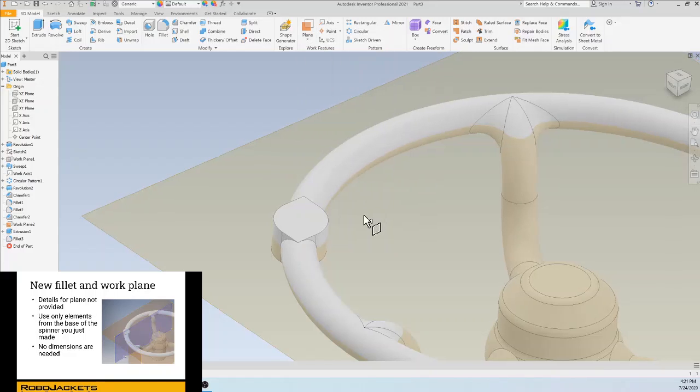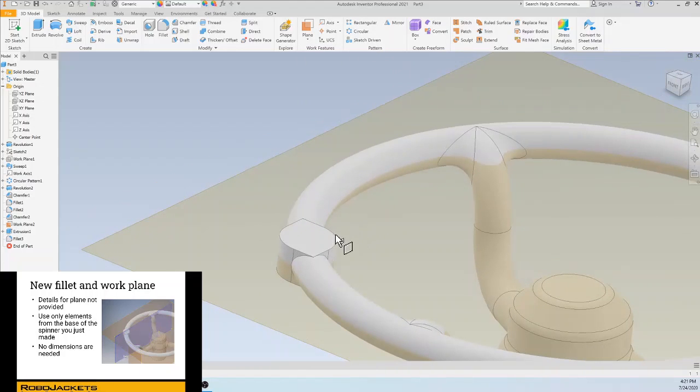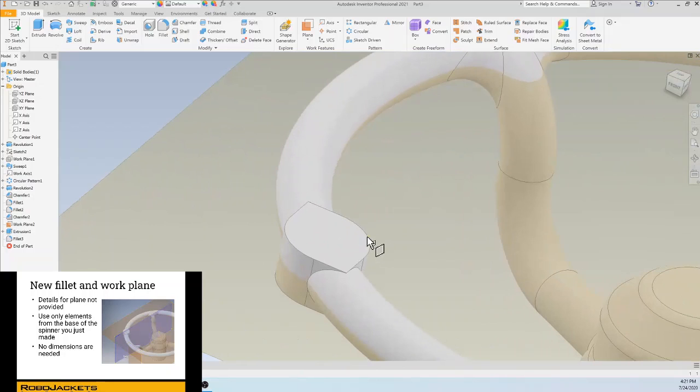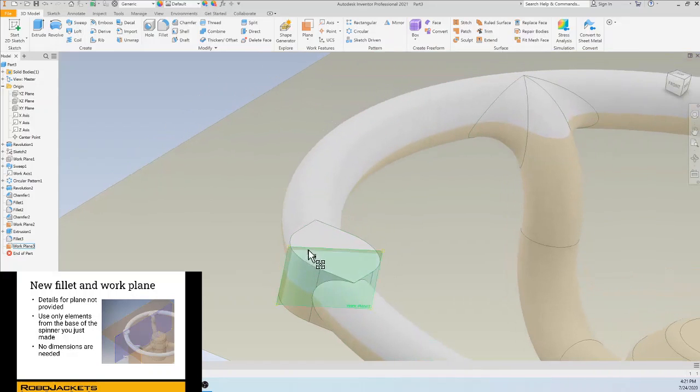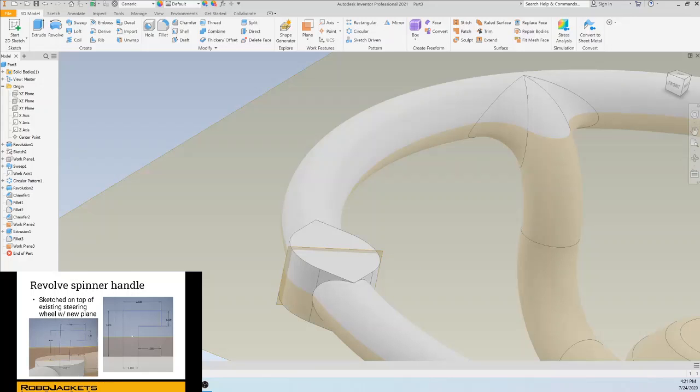For those of you who've taken multivariable calculus, you'll know that all a plane needs is 3 points. So we'll choose this point here, and this point here. And all of a sudden we have a plane right in the middle. Now if you look at the slide and my work, you'll see that it's not exactly the same, but in a second you'll see that it doesn't actually matter, because we're going to be creating a revolution right on the top of this shape here. So we'll make a sketch on this plane,